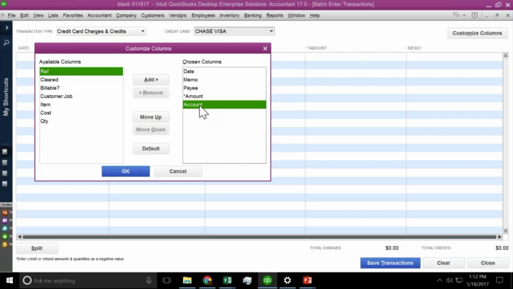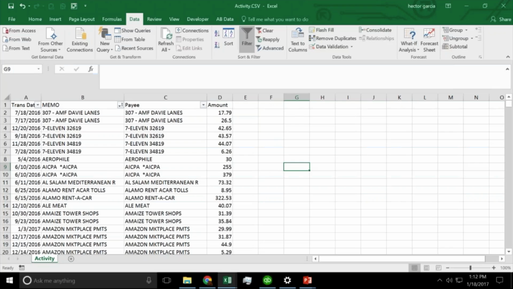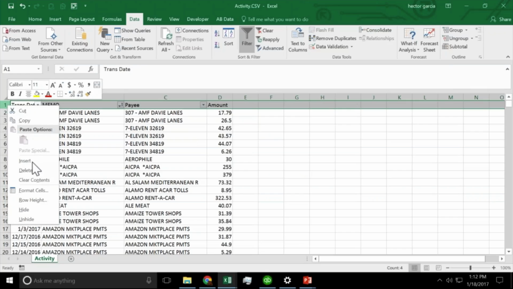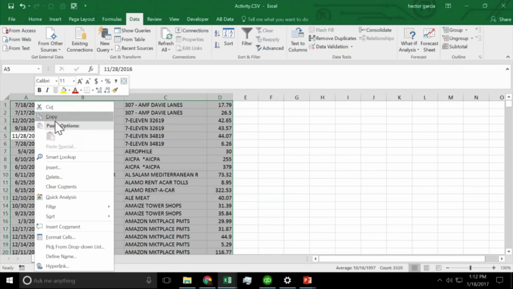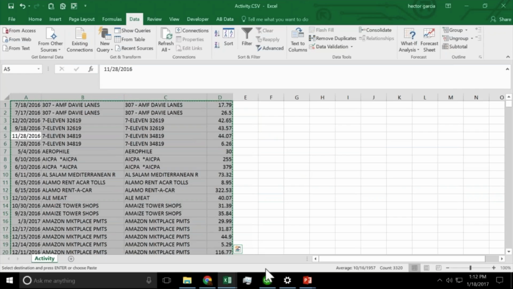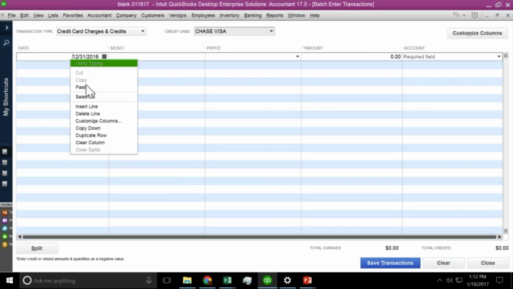And the account is there, I can't get rid of because you have to give it a category. So I'm going to hit OK. I'm going to come into Excel, delete the header real quick, select all the data, right click, copy, and I hit Control A, by the way. That's the keyboard shortcut for that. And then I'm going to paste,